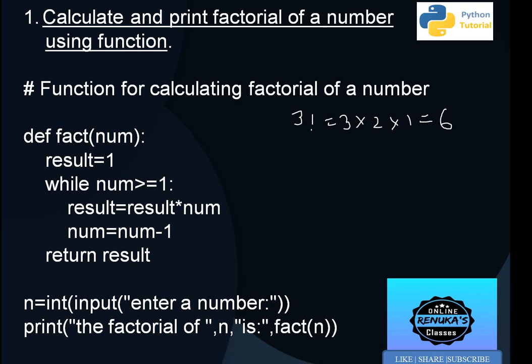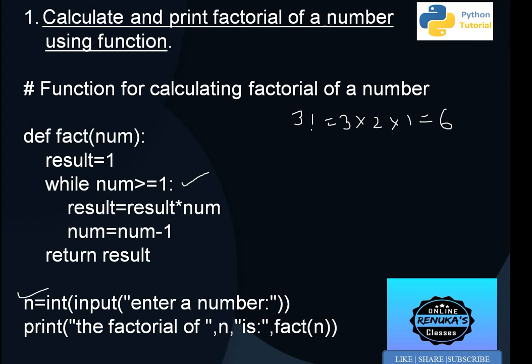As we don't know what number the user is giving and how many times our loop will execute, that's why we are going to use a while loop, because we are going to repeat the same task again and again. When we don't know the number of times the loop will repeat, we use non-deterministic loops, that is the while loop. So the program will start with this statement.